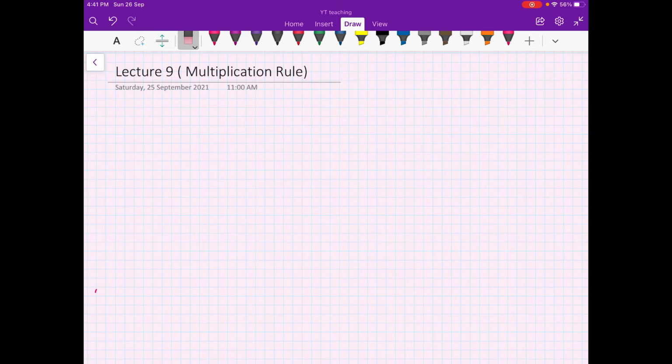In the last video we saw how we can use conditional probabilities to compute unconditional probabilities. That approach was useful when our experiment has sequential outcomes, which means we can register the outcomes of the experiment in a sequential manner. In this video we are going to discuss the multiplication rule, which is just an extension of what we did in the last video. I will explain what the multiplication rule is.